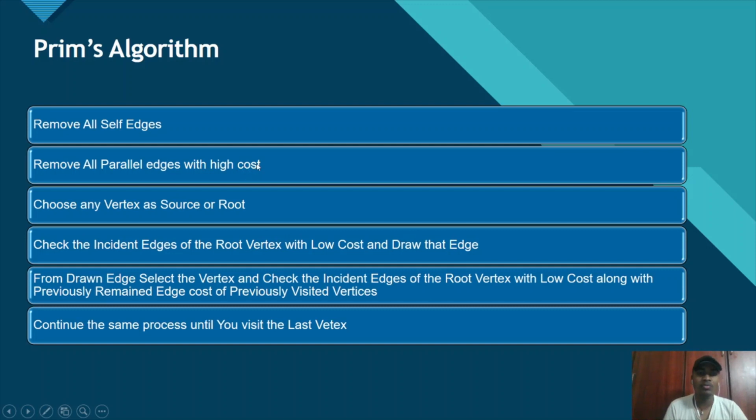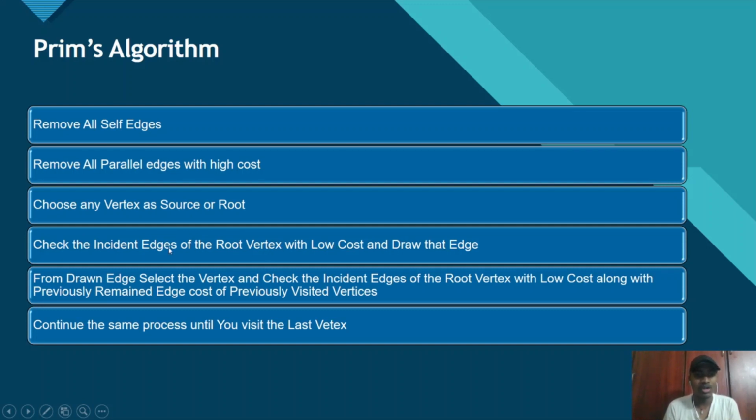Then choose any vertex as the source or root.